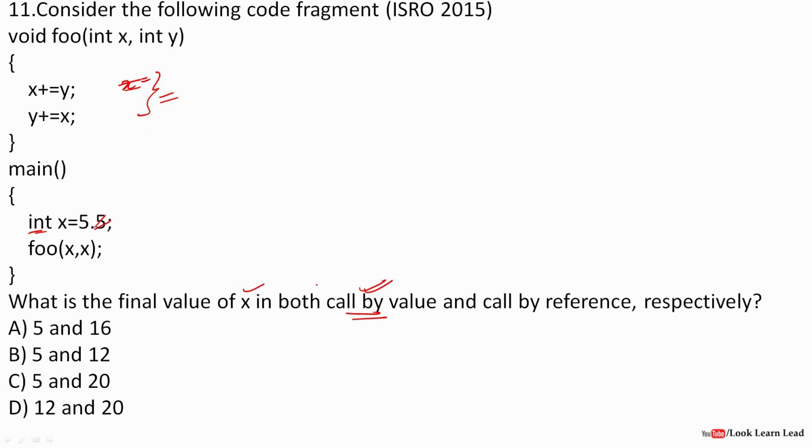But in case of call by value, these changes won't be propagated here. So the value of x remains unchanged. That is, x would be equal to 5 for call by value. That is, option D is wrong. It would be 5